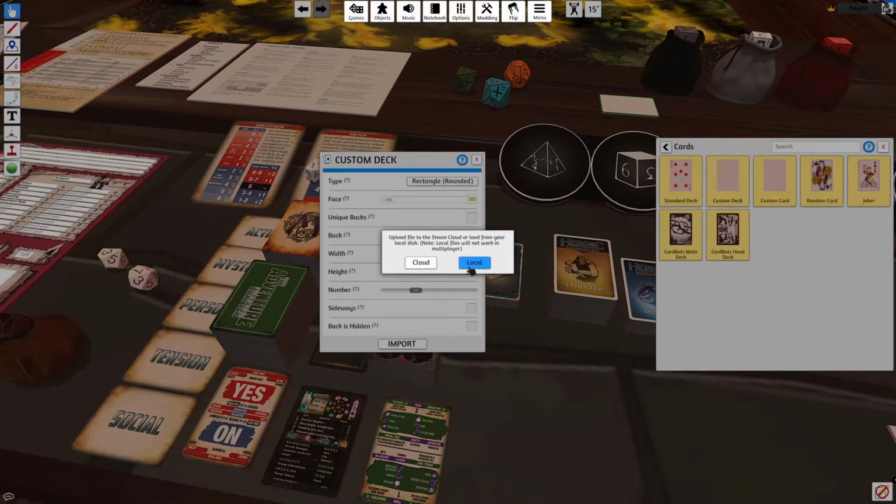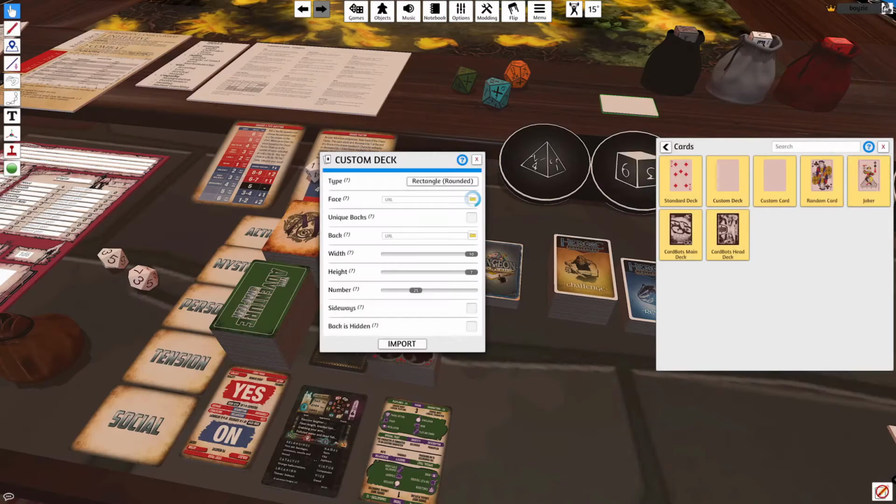Now here, if you're only going to be playing this solo and no one else is ever going to see this in your game, then you can click local. But if you're going to invite players and have a multiplayer game, you're best clicking cloud, and then all your players who join you can see it. So hit cloud and then hit upload, and that'll upload it to the cloud space that you've got in Tabletop Simulator. While that's uploading, let's go choose the back here,